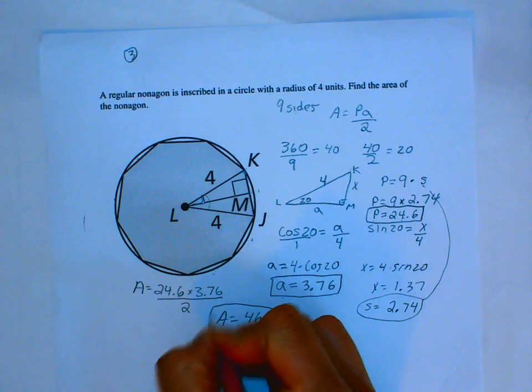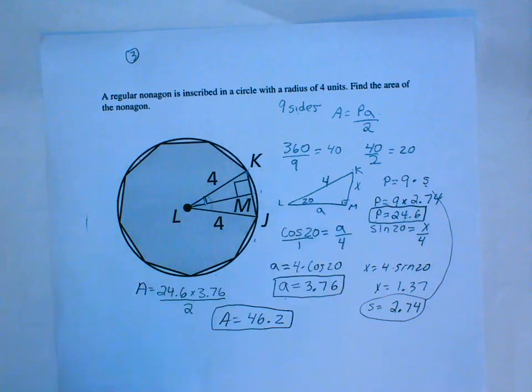Now, if you're doing this on Big Ideas, if you put 46.2, it might be just a little bit off because of the rounding. So just keep trying like 46.1, 46.3, and it should be very, very close to that answer. Yes, this is a lot of work, I'm not gonna lie, but it is what it is, guys. All right,